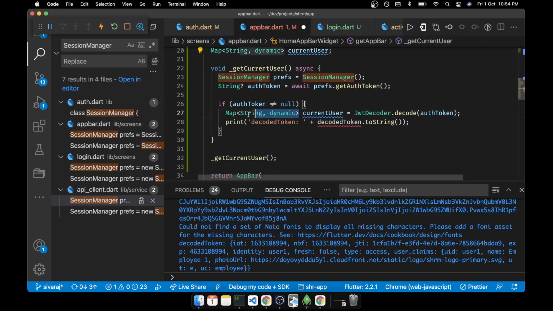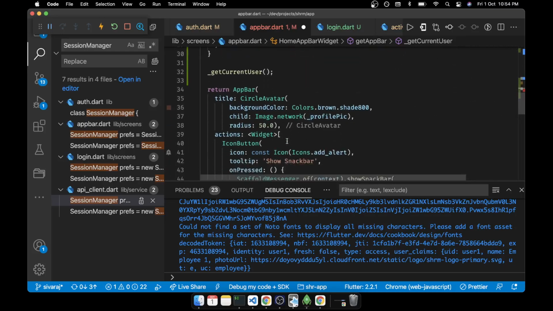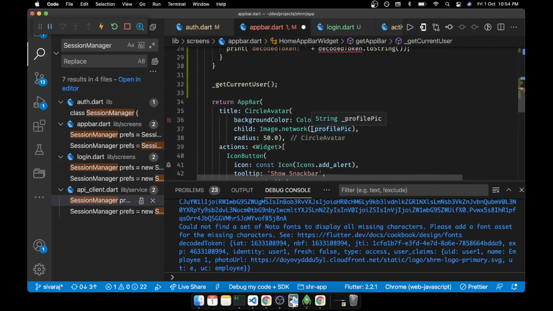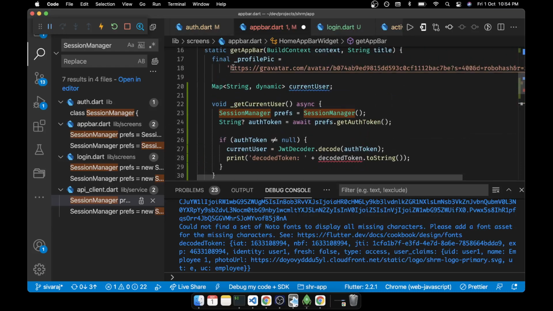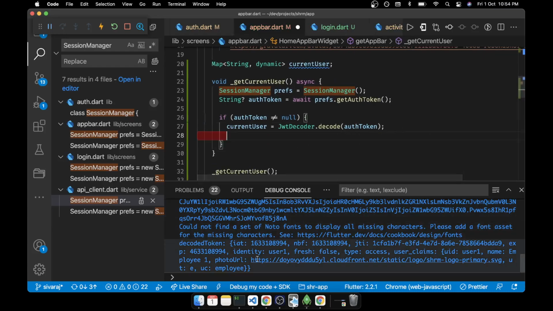So yeah, now we got the current user, but there could be a possibility that current user may be null. So maybe we can try to check if the profile URL exists. Here we can also override the profile URL, no? Initially let it be the default one. Here if the current user, maybe we can just change this photo URL, no?